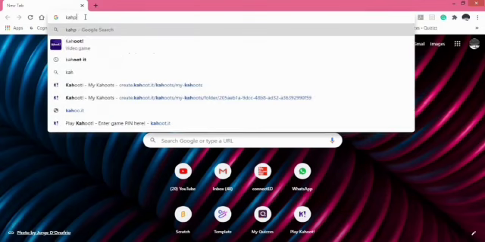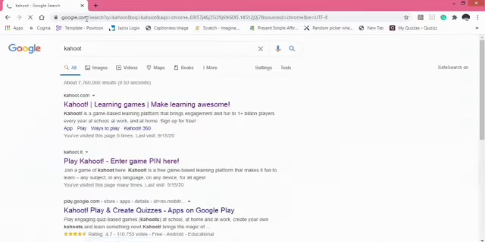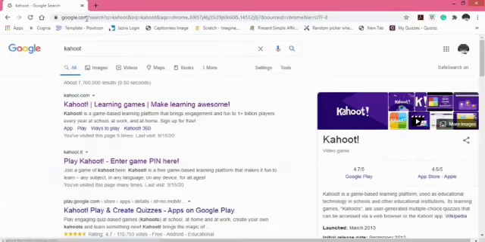So what you gotta do is type in Kahoot and it'll take you to this page. From here, we have to go to the home page of Kahoot. Here, please be careful that you click kahoot.com and not Kahoot It, because Kahoot It is a website you have to go to if you're just a player and if someone else is already hosting the game. Then you just have to go to Kahoot It and enter the game pin. But if you want to host a game, a particular game, then you have to go to kahoot.com.